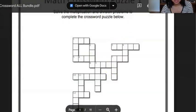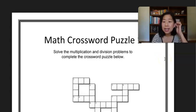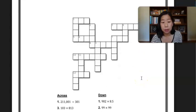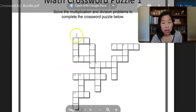So I'm going to go ahead and share my screen with you so you can see exactly what these look like. Okay, so here is a math crossword puzzle that I love. It's just one example of an exact crossword puzzle that I use. So you can see here, this is the actual crossword puzzle. It says solve the multiplication and division problems to complete the crossword puzzle below. So students will solve each of these questions and then they will type in